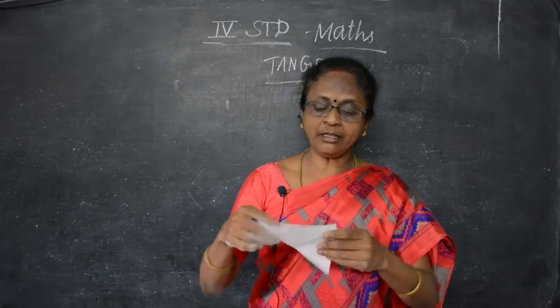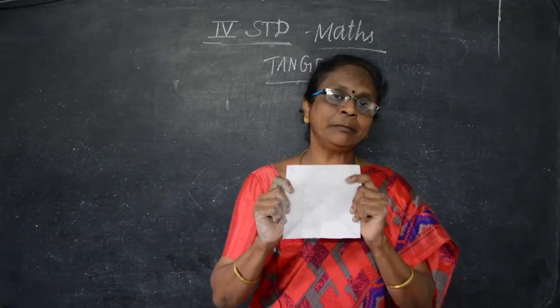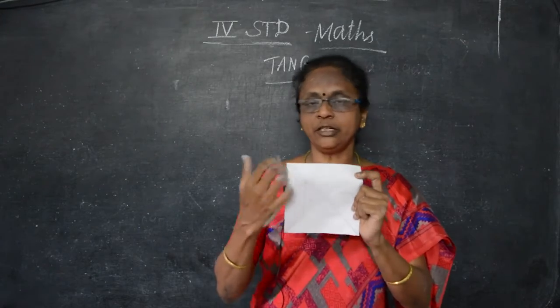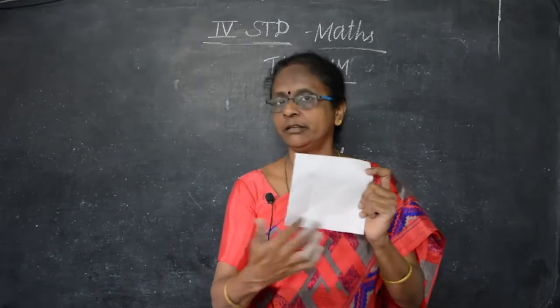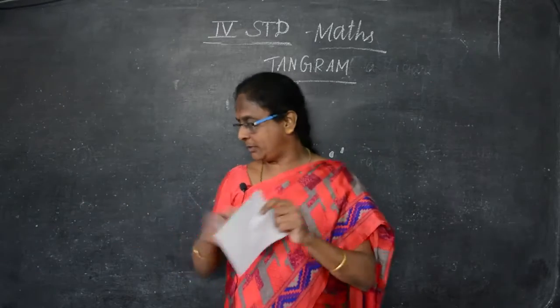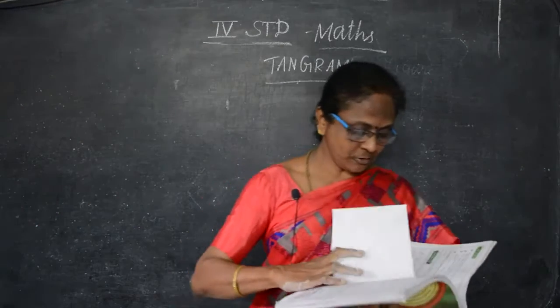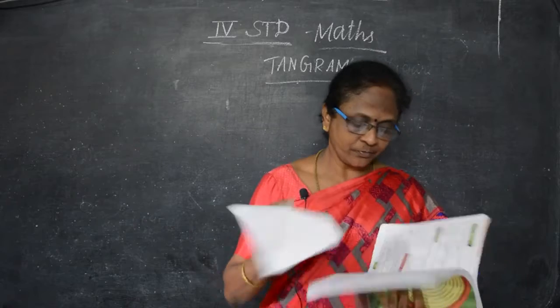Okay, so I have written the numbers here, you can see it clearly, otherwise I will make it in a colored paper and bring it in the next class. So if you can fold it and cut it, these are the 7 pieces of the tangram. With these 7 pieces of tangram, you can make any picture as you like. So I will show you this also.